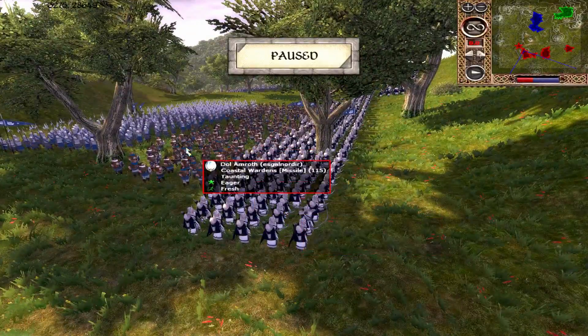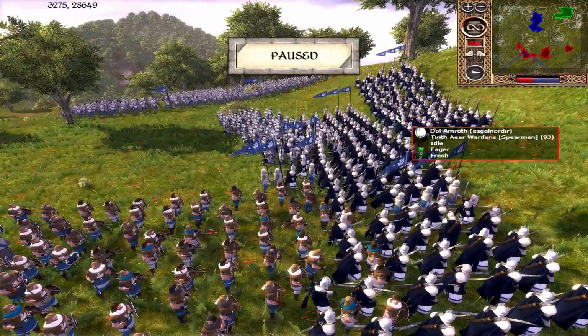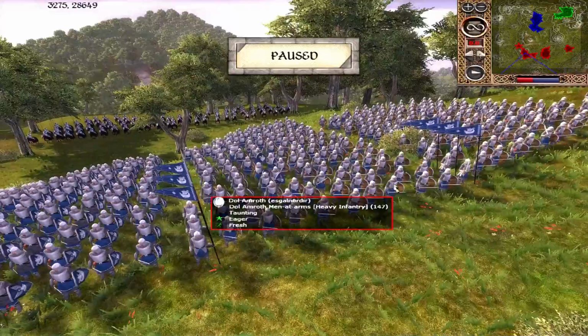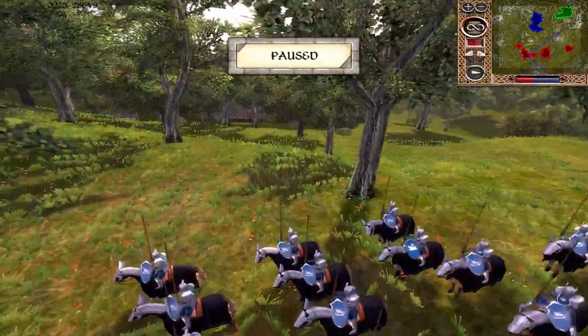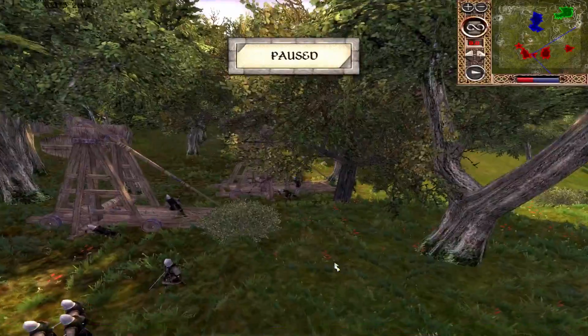He's also got some Tirith Eir marksmen, some Coastal Wardens, more Halberdiers, some Tirith Eir Wardens, Haven Guard, of course. You never see Dol Amroth without their Haven Guard. Then 3 units of Dol Amroth men-at-arms. Then back here he's got some Dor en Ernil Lancers. And then down here, I believe this is the final unit he has, which is a trebuchet, which is all